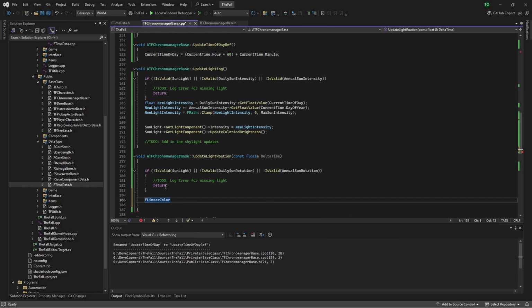Again, this is because we're using a color curve to get the XYZ rotation, and then we have an unused alpha channel there. FLinearColor sun new rotation equals